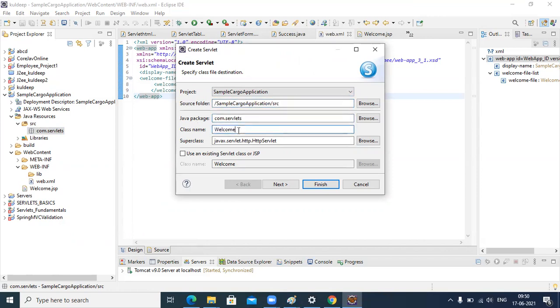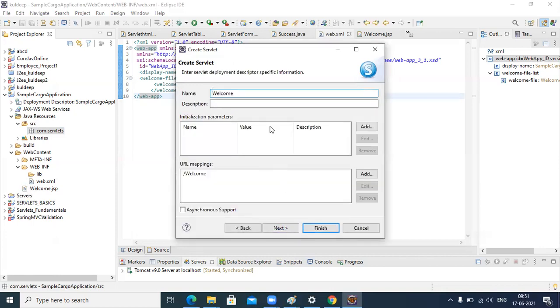This is your class name, and the super class of this class is javax.servlet.http.HttpServlet. Use an existing servlet class or JSP? The name we give appears there.